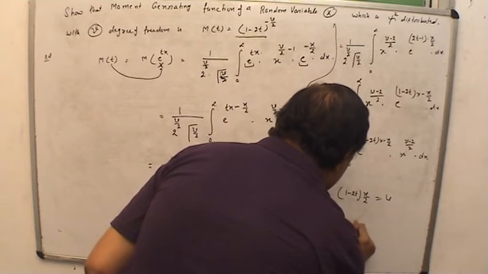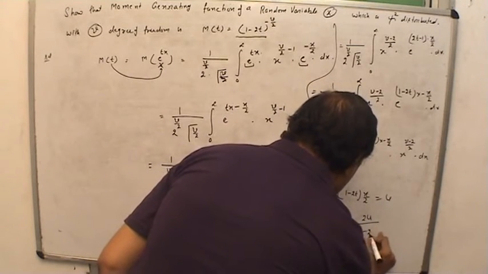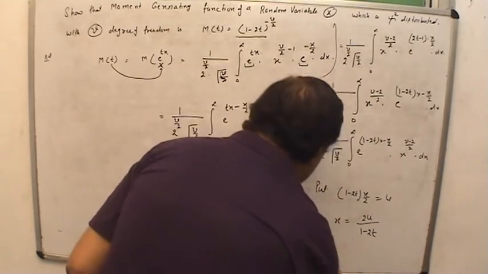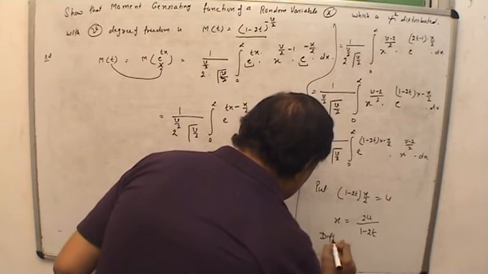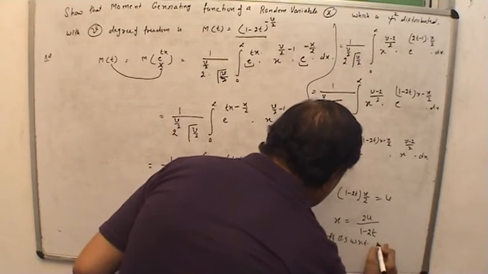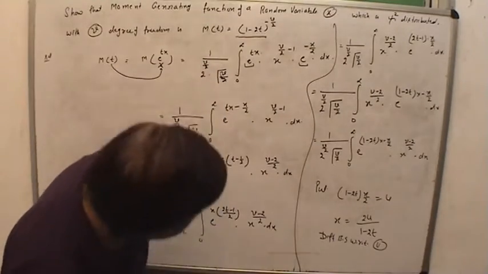That is the power of e. Here we get x is equal to 2u upon 1 minus 2t. Then differentiate both sides with respect to u. U is our new variable. So we get here